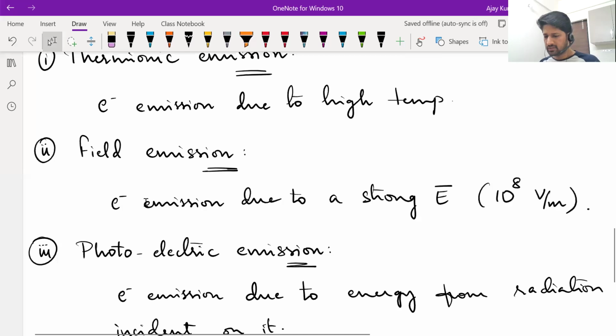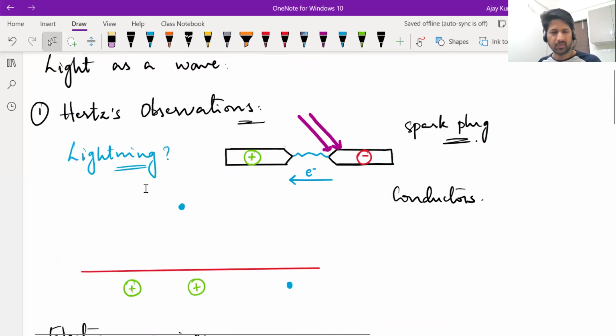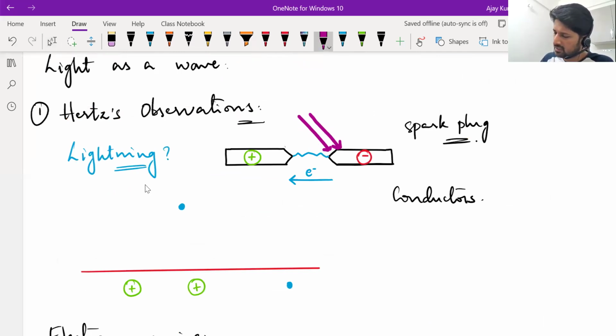Now, when Hertz was performing experiments based on spark discharge, that is basically discharge of electrons from negative electrode to the positive electrode, he found that when UV radiation is incident, the spark discharge was enhanced, meaning more electrons were coming out from the metal surface. So what do we conclude from this? It can be concluded that UV radiations are somehow helping the electrons to escape from the metal surface. So electrons are able to absorb energy from UV radiations and use that energy to get out of the metal surface. That is what it means.